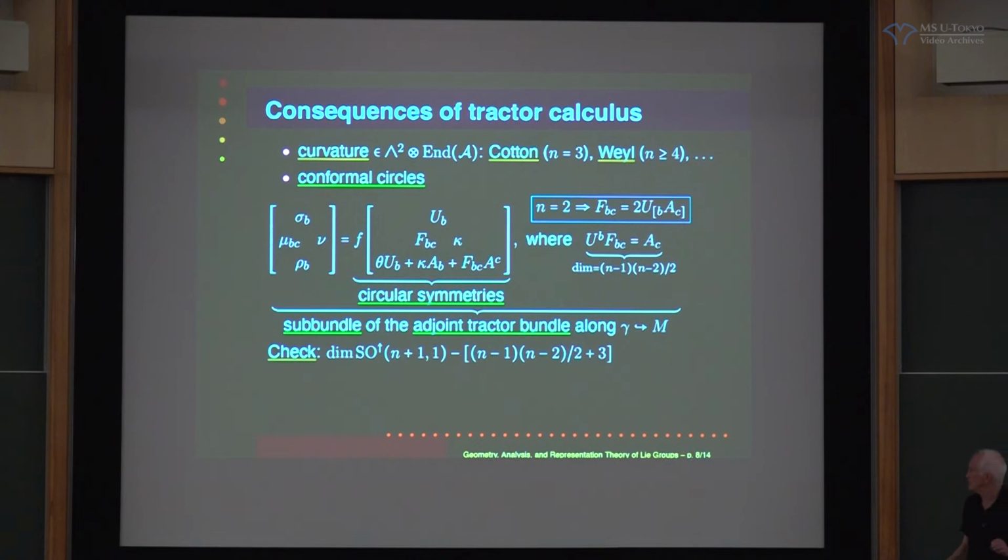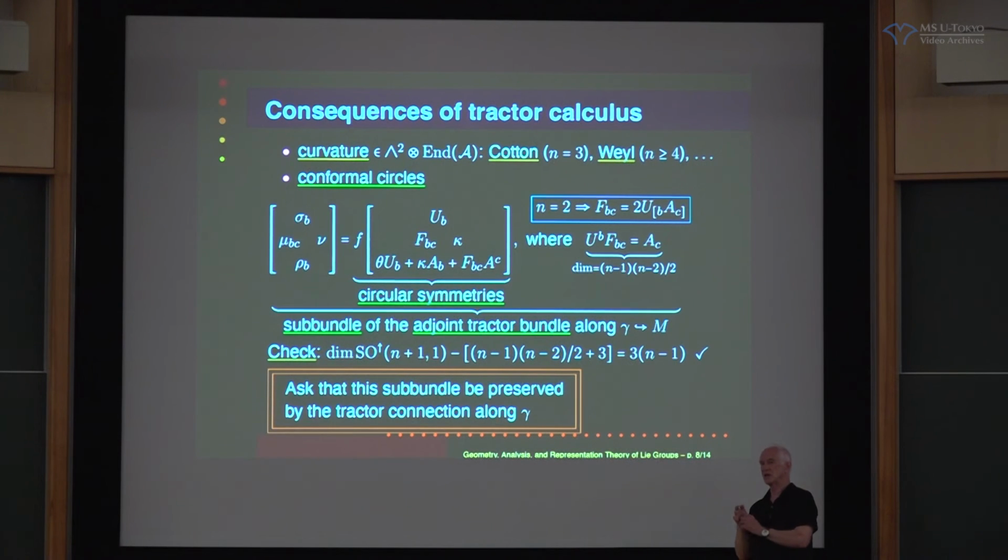And then otherwise, you have three parameters here. You have little f, you have kappa, and you have phi. So this bundle is a bundle of dimension this, plus 3. So it should be that if I look at the space of conformal circles in the plane, well, in flat space, what it should be is a dimension of the big symmetry group, which is this, minus the stabilizer of any particular circle. And if you work that out, it's the answer we had before. It's 3n minus 1. Okay, and now here is the punchline: you've got this subbundle of this invariantly defined bundle.